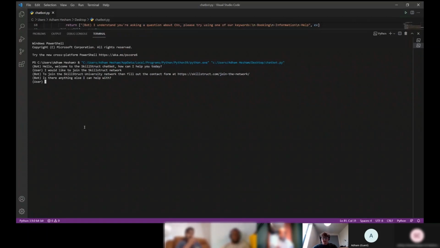Just to demonstrate how the dictionary works, we can be a bit less formal, and I can type in SkillStruct University network, but it doesn't have to be a full sentence.